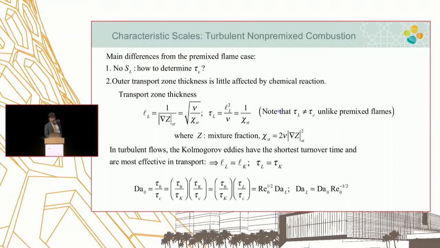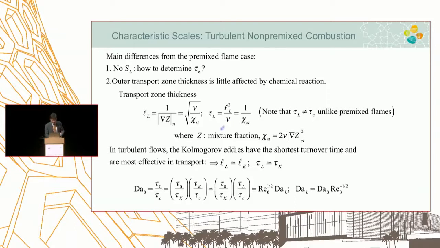Main difference is now you need to realize the unique feature of non-premixed flame is that the chemical time scale and transport time scale are decoupled in non-premixed flame. That's another important thing to remember. In premixed flame, they are always coupled. If you have rapid mixing, you have to burn faster and so on. So you have to adjust those time scales, always one-to-one. Non-premixed flame, I told you, infinite reaction rate is fine, perfectly fine. So you can't do that. The flame time,